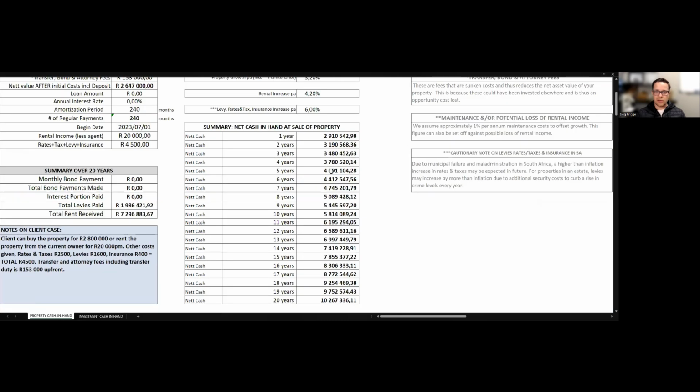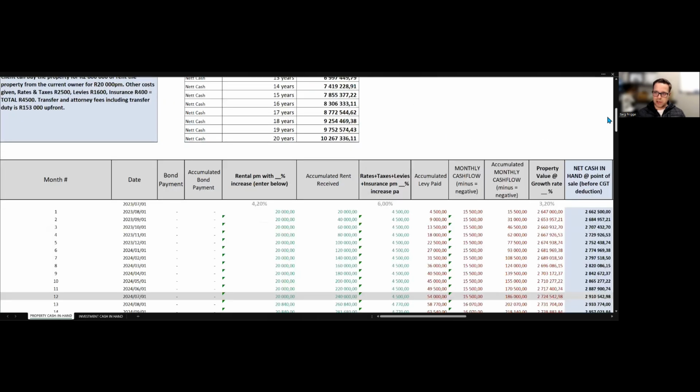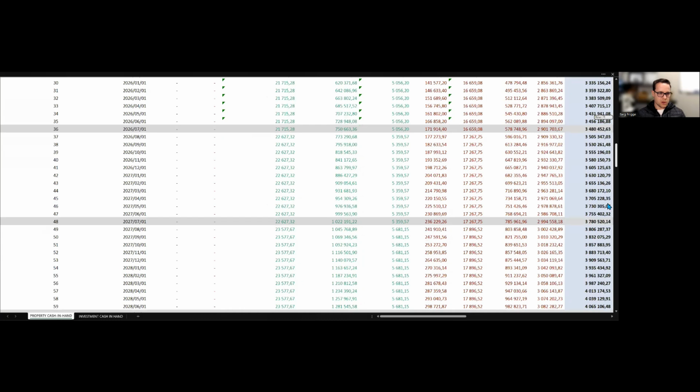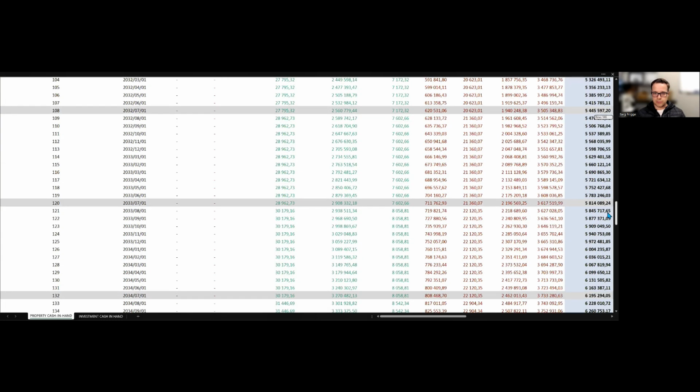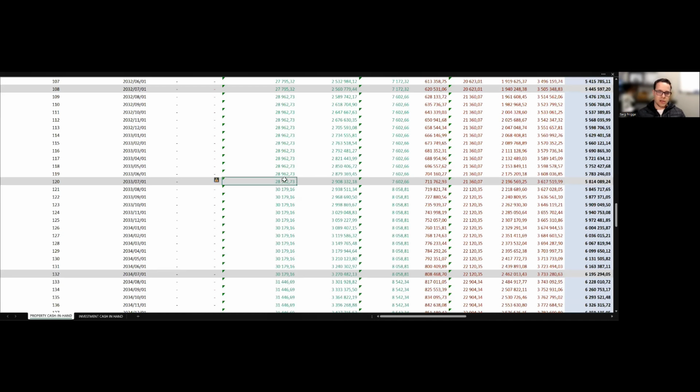All right, so after 5 years, you'll have about 4 million in your pocket. After 10 years, you'll have 5.8 million in your pocket. Let me just show you what it looks like on this chart. 120 months is 10 years. So then you'll receive about 28,000 Rand a month rent. You'll have received 2.9 million Rand in rent over time,